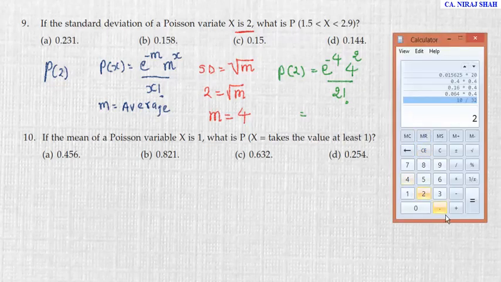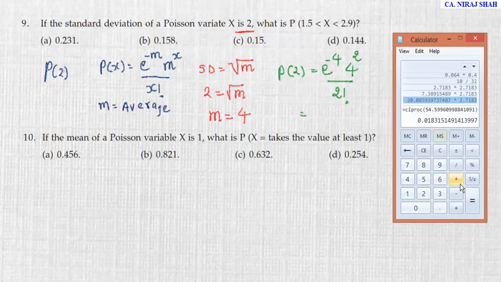E is 2.7183. Now press into and press equal to 3 times: 1, 2 and 3. So this is the value of e raised to plus 4. And since I want to find out e raised to minus 4, we need to find the reciprocal of it. Just press the reciprocal button, or in your ordinary calculator you can press divide and then equal to. So the value of e raised to minus 4 is